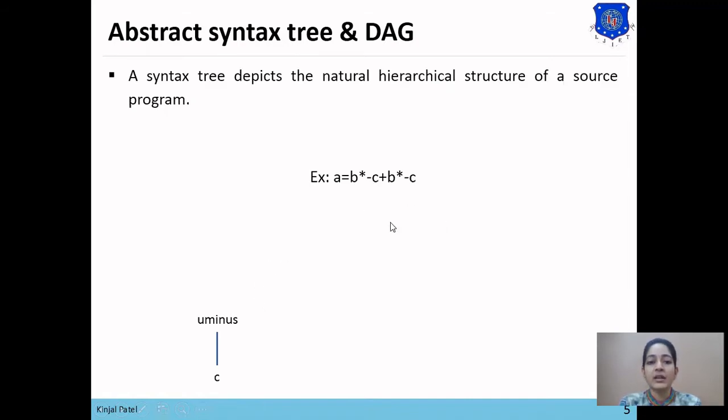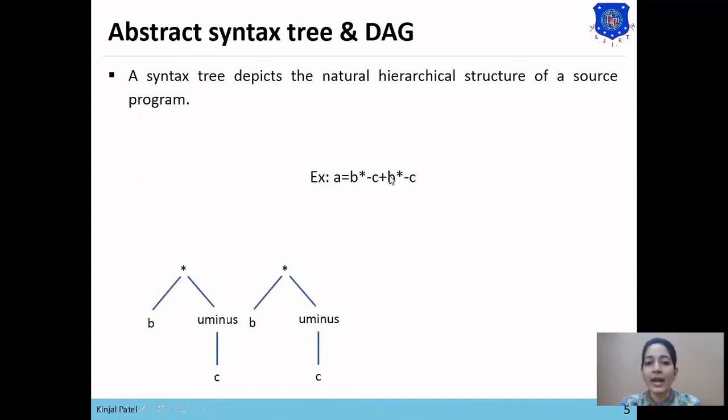Now next, B star minus C. Here minus C will be multiplied with B. So B star unary minus C. Now in this expression, there is a redundant sub-expression, a common sub-expression, which is B star minus C and B star minus C. So again we want to perform the sub-expression B star minus C. So first, unary minus C. Now this unary minus C will get multiplied with B. So here two sub-expressions have been constructed.